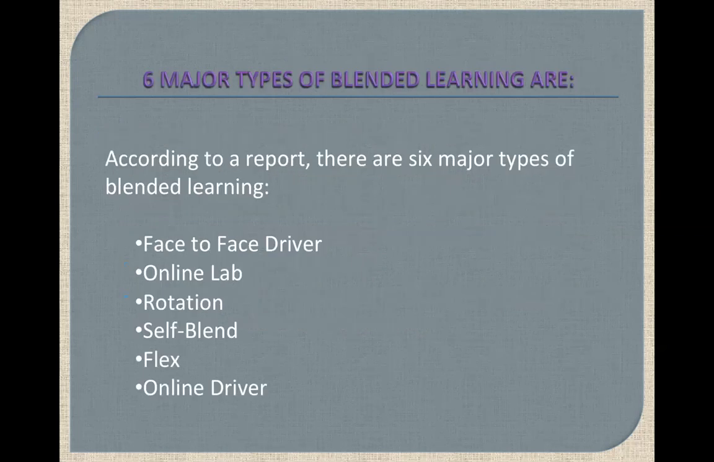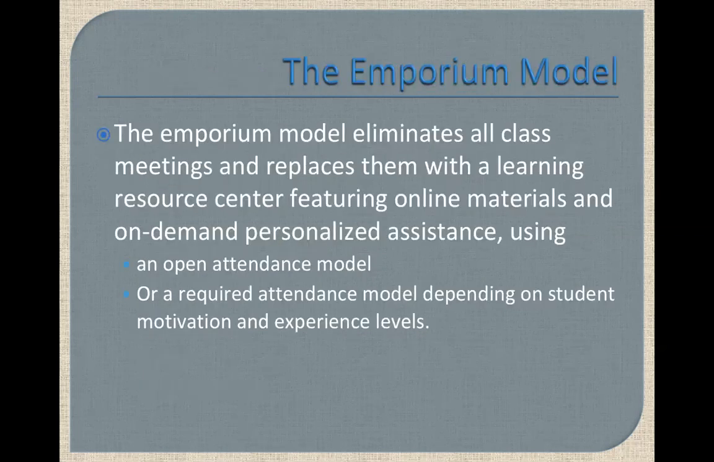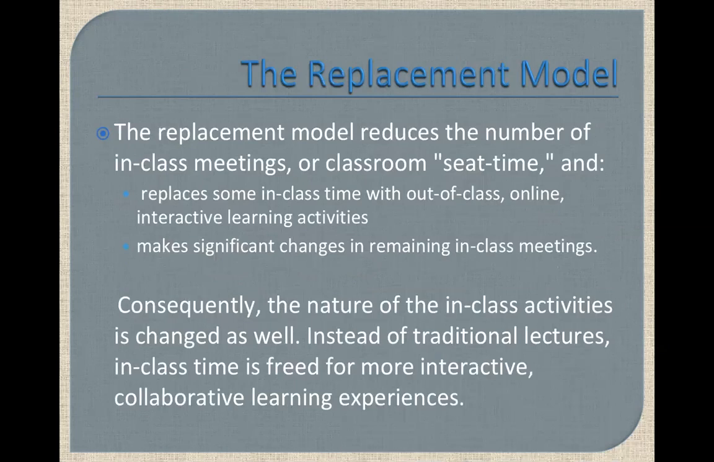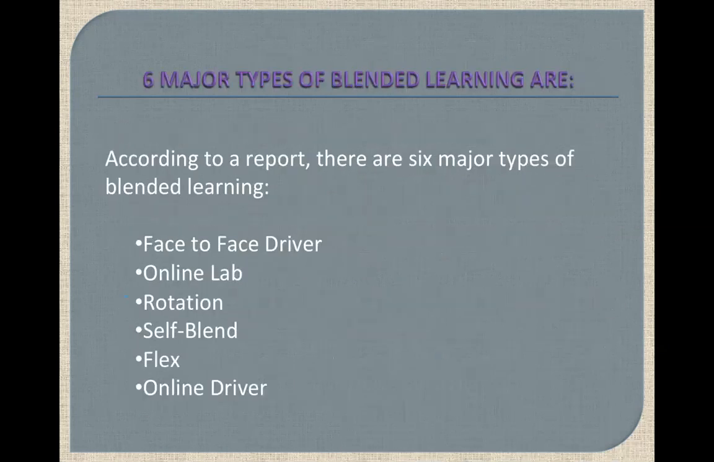So the three models we talked about are first supplement, then replacement, and then Emporium. Moving further, there are 6 major types of blended learning. What are those 6 major types which help our students and all of us in terms of learning? According to the research report, what we have studied so far, and yesterday as well,